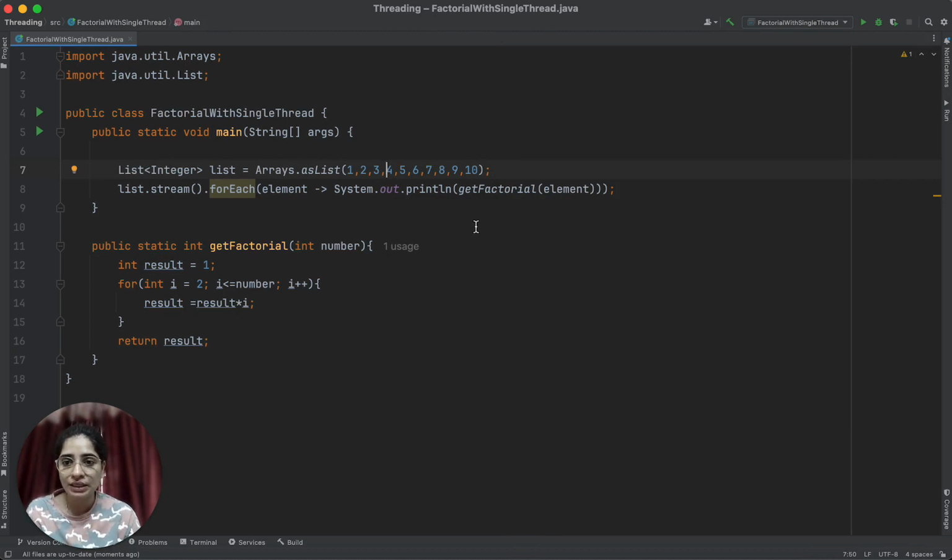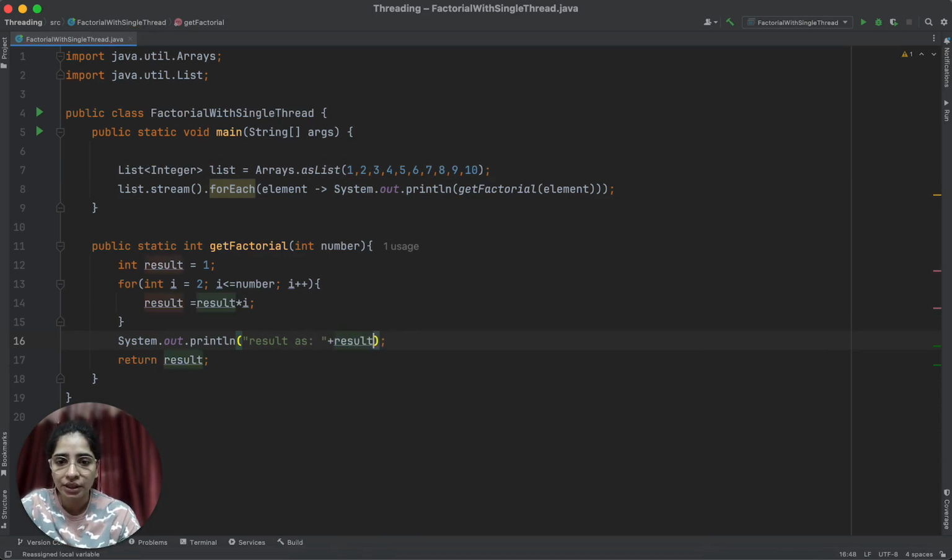Right now this is a single-threaded program. Once a factorial has been calculated, another number comes into the picture, and the same thread gets the factorial of that number. If you also want to see which thread is doing this task, you can print the thread name along with the result. How can you print it?